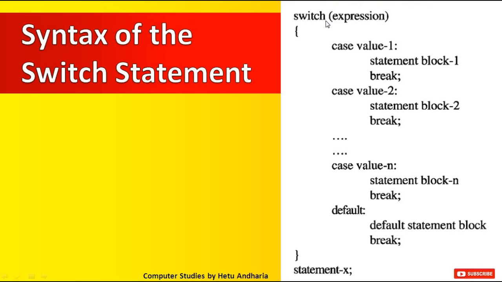Now if you have prepared a program that says enter 1 for chocolate, enter 2 for strawberry, enter 3 for vanilla, meaning different flavors, then first you will store whatever the user enters, 1, 2, 3, in a variable. That variable name you have to write here in the expression. Switch, then in brackets the name of the variable where you have stored the value. In the previous example we had stored the marks of the students. Here we store the choice of the user.